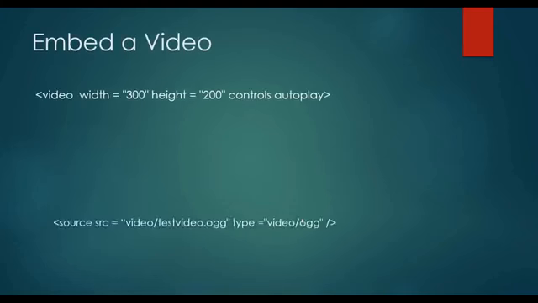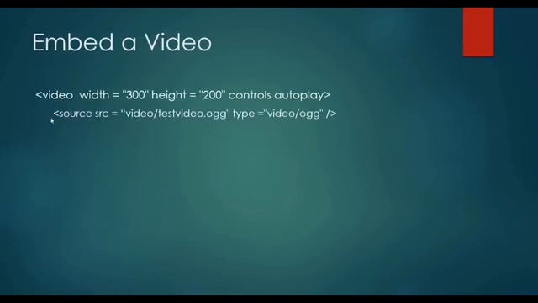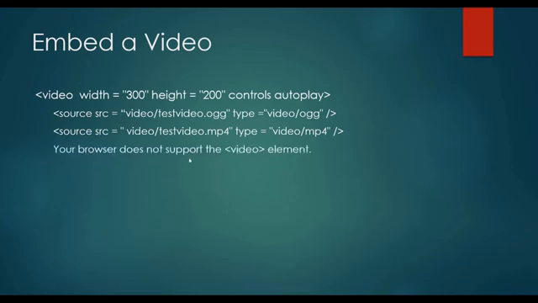For giving two types of video format, we want to use source. If I want to use one format, it's enough to use SRC directly. If I want to use two formats, I want to use source, then space SRC. See here, we have linked two videos, right? But logically it won't show both videos. It will give first preference to whichever video type is accepted by that particular browser version. If MP4 is not accepted, then the OGG format will be shown.